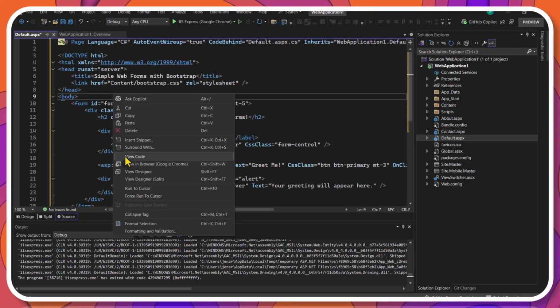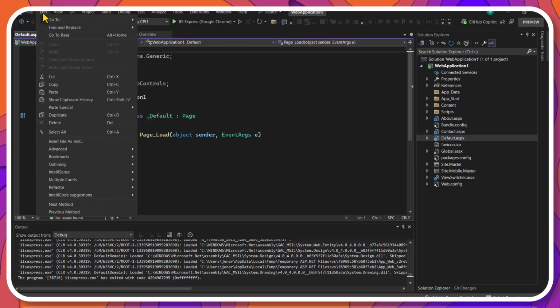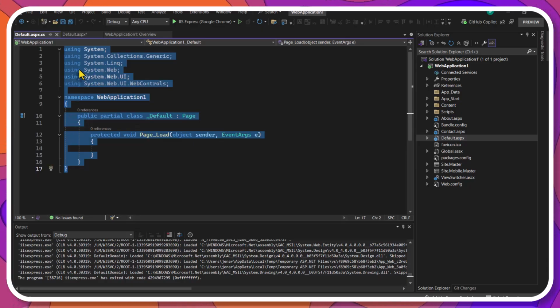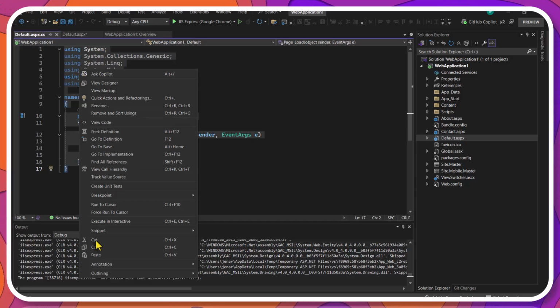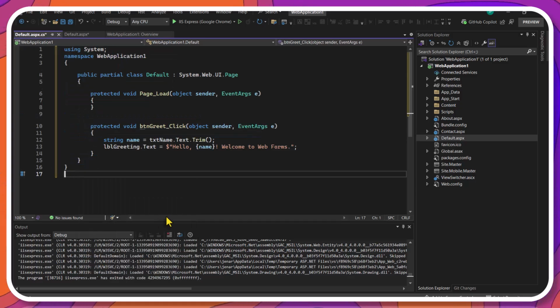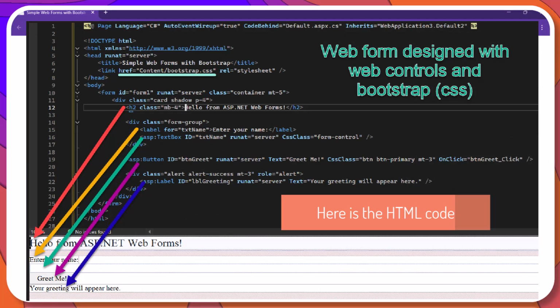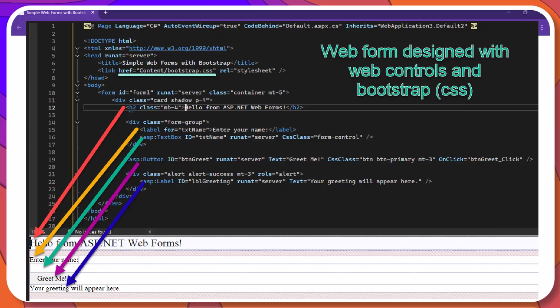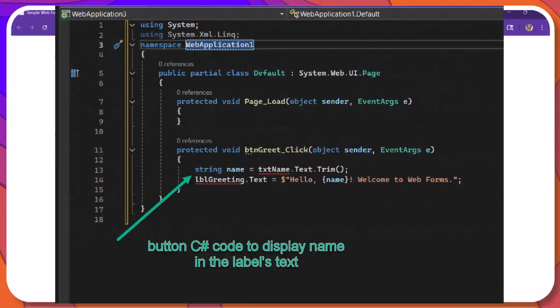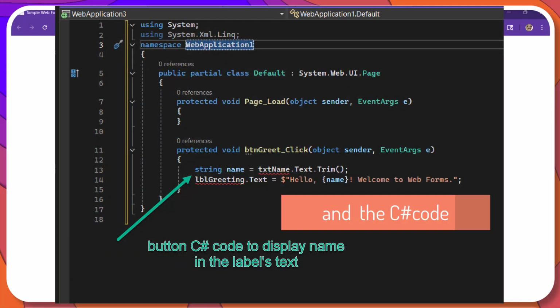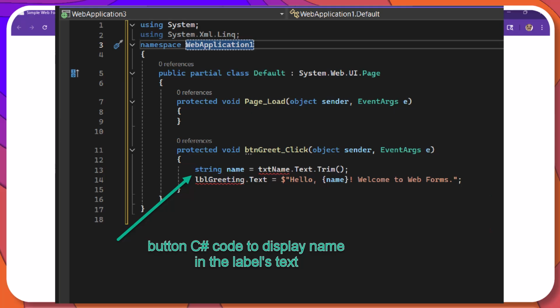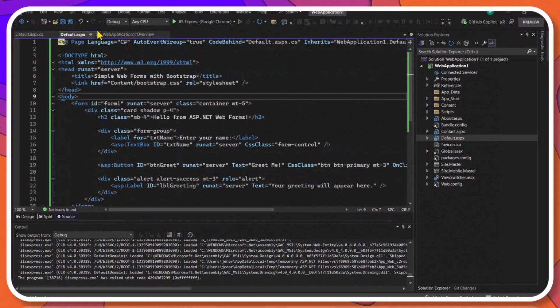If you right-click in this form, you can open View Code to open the C# code behind. Select all the code and replace it with new one to complete the Home form. You can stop the video to see the complete code. Now if you run the solution, it is completely functional.